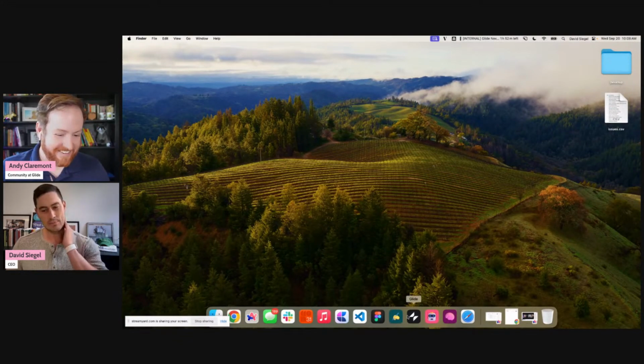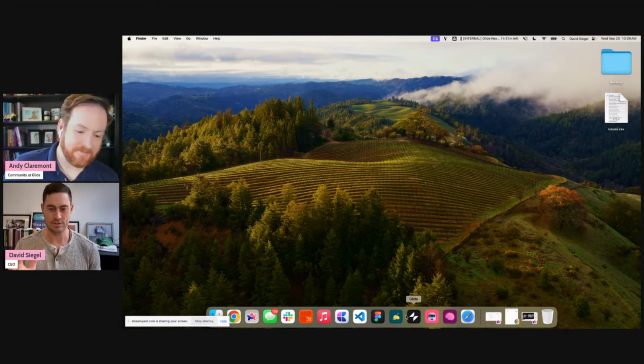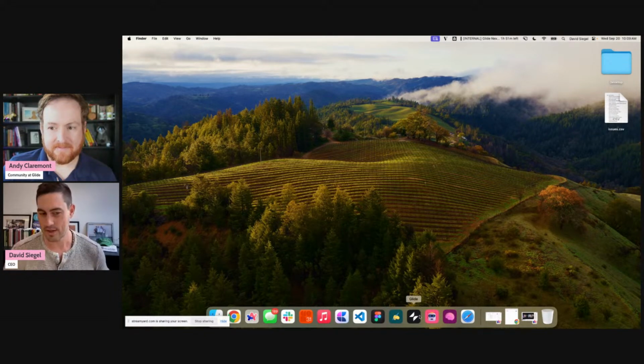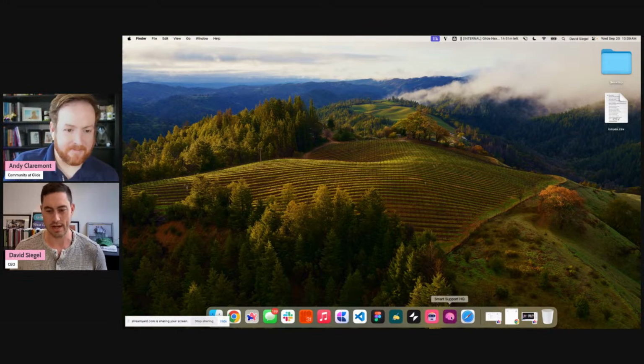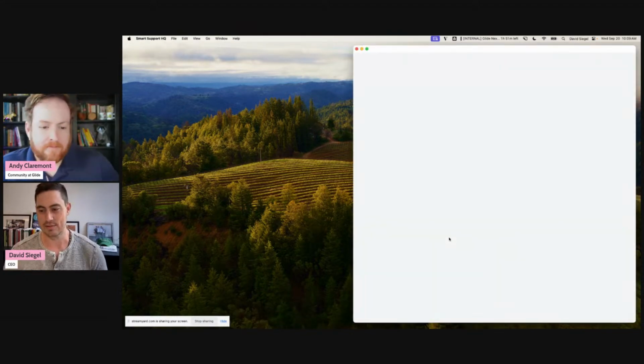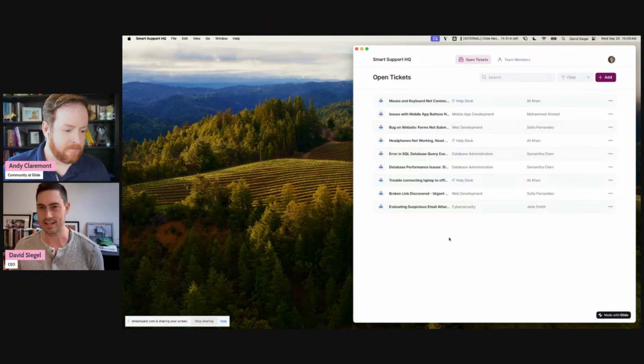So yeah, I think I'm just going to start by showing the AI-powered feature that we're going to look at in Glide. I'll first just start by using it. So one nice thing is there's a new release of macOS coming out in the next week that lets you install Glide apps, just like you can install them on Android, iOS, and Windows, as full applications. So I created this support application for a fictional company. It's an IT ticketing system.